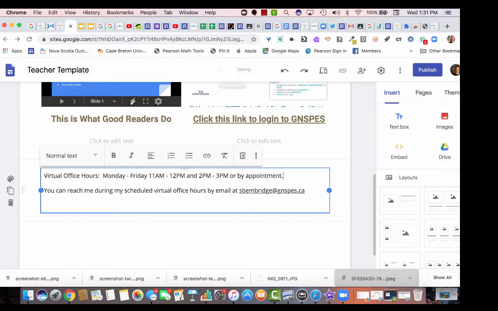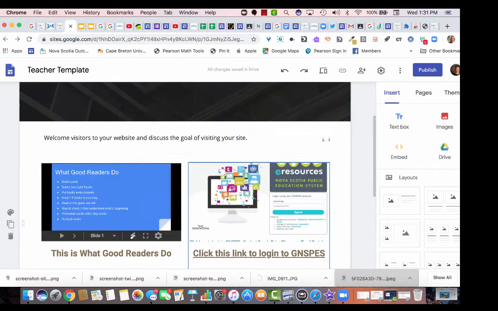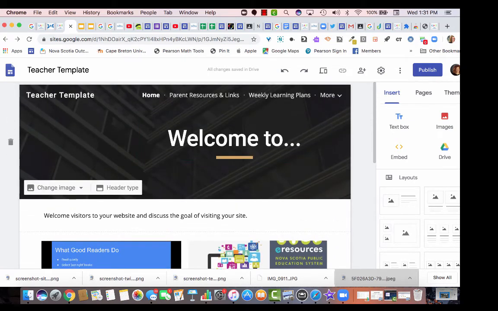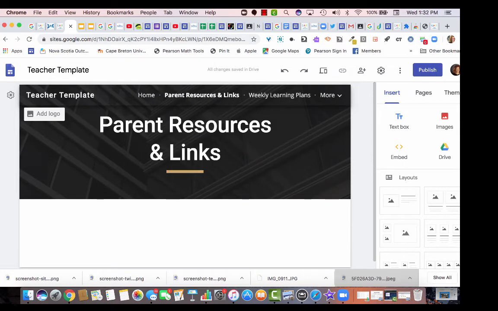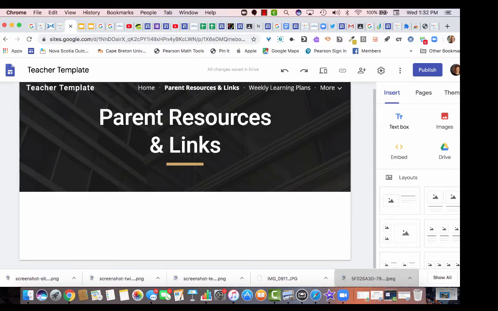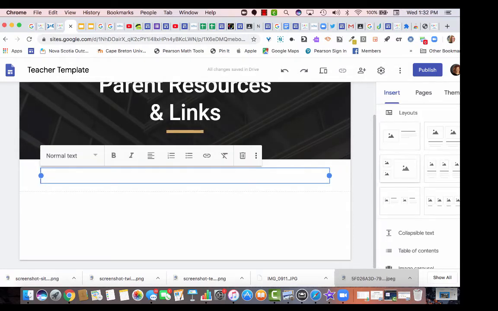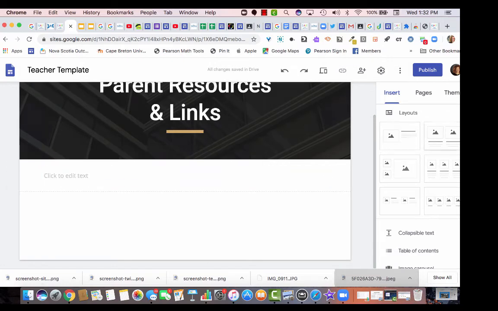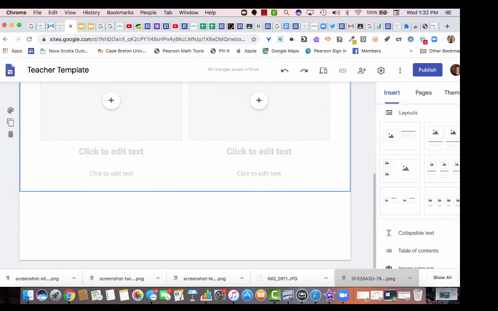Okay, so anything that I want to add to that home page, I can add there. Now, when I'm ready to add resources for my parents and links, I can do the same thing. I can add any items that I want. I can add text boxes. I can add themes. So if I wanted to add a bunch of different